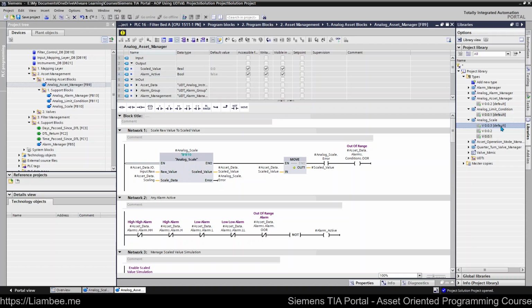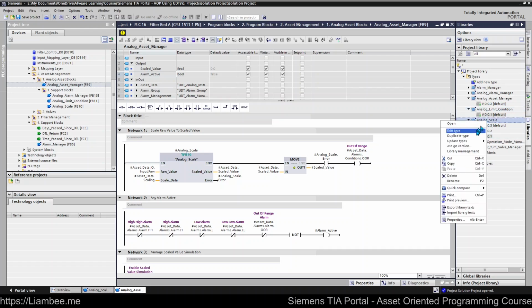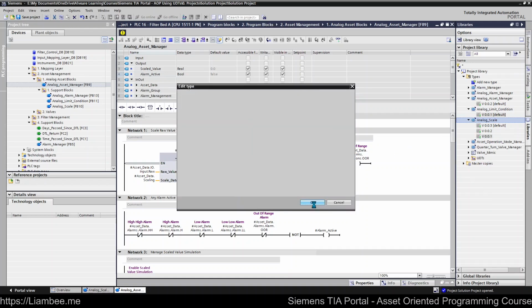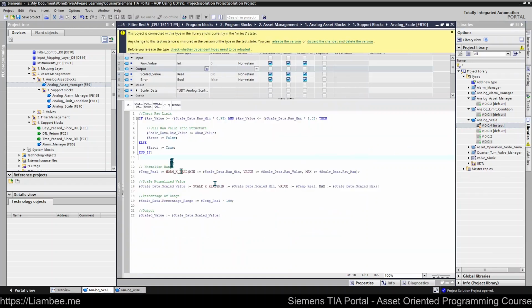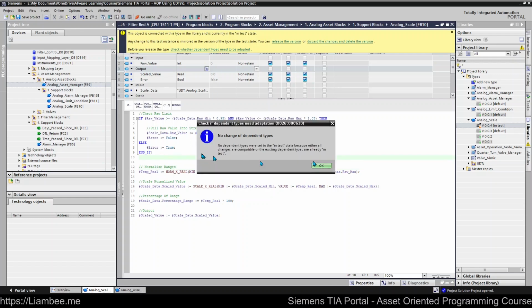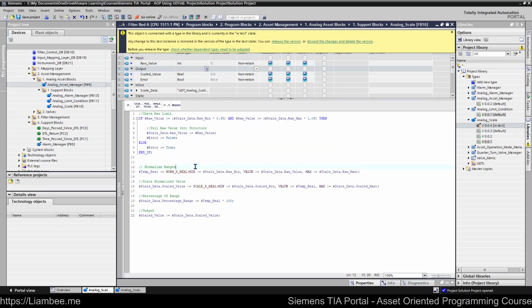What's actually happened is we made a change to version 2 and we released that change, but we forgot to release this one. So there are better ways of doing this. If I was to, again, go and edit the type for the analog scale, and I'll just make a small change. In fact, I don't know if it'll pick up comments. No, it doesn't pick up comments. So if I was to change that to false, for example,